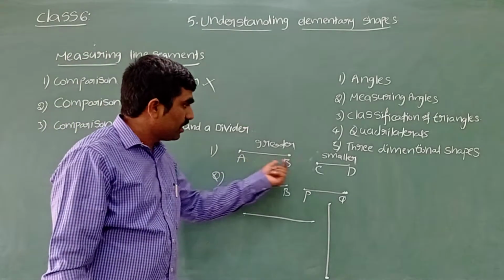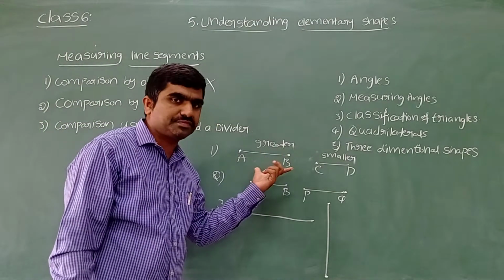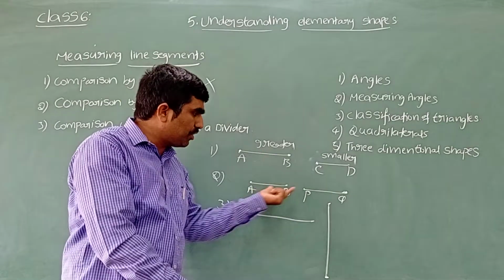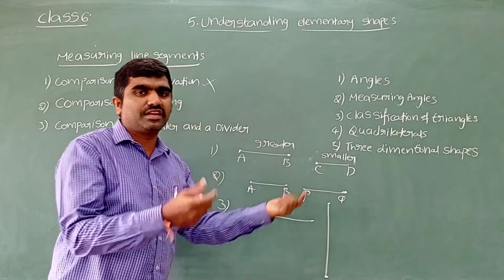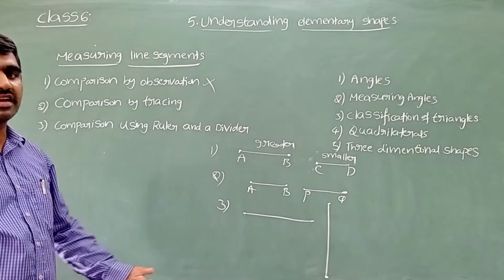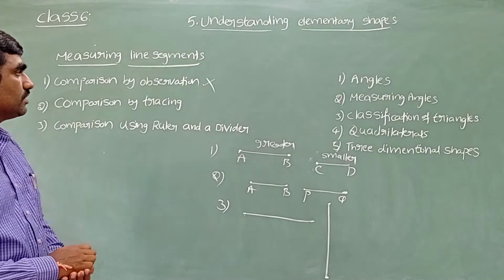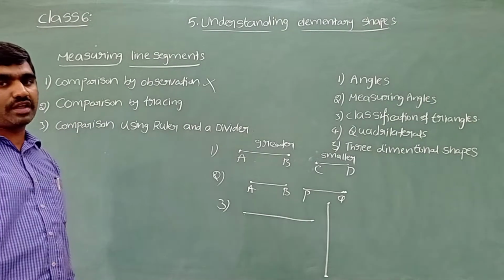When one is small and one is greater, with a big difference between their lengths, we can say easily. But when they have a minor length difference, it's not possible to always say greater or smaller by the method of observation. In such a case we need to go for an alternate method.